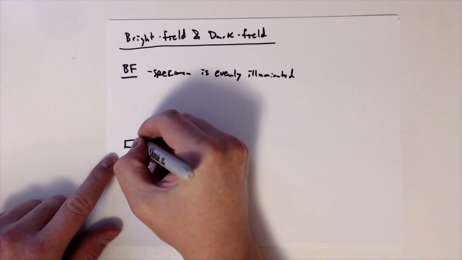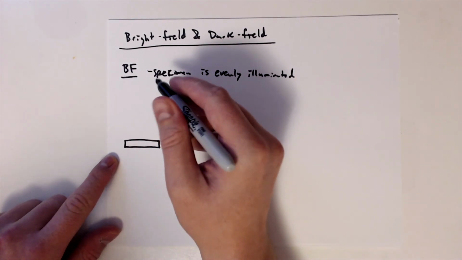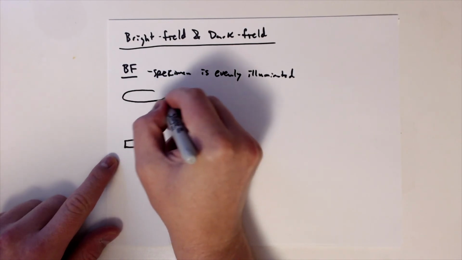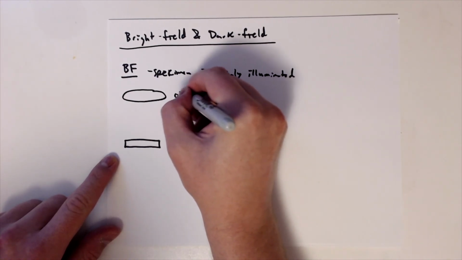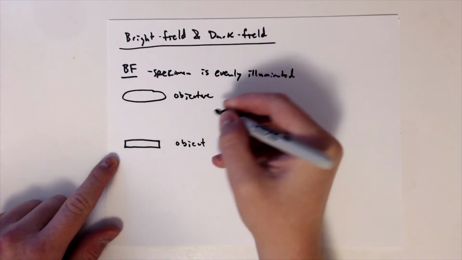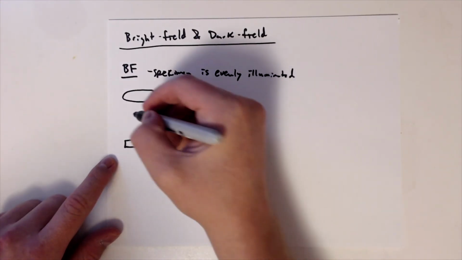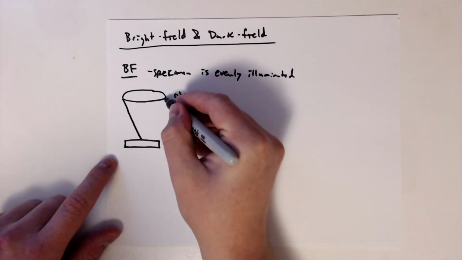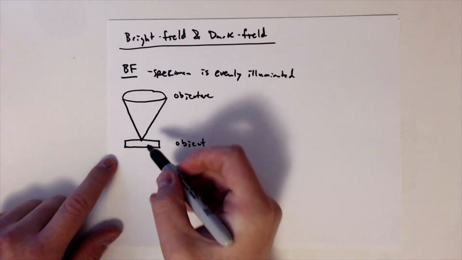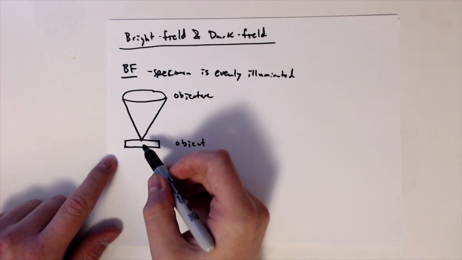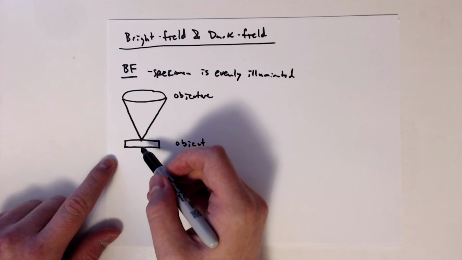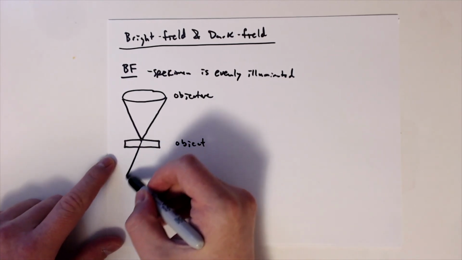So this is my object. And then my objective is up here. This is my objective lens. So the light is going to converge to the object, and then it's going to transmit. So it's going to go through the other side,